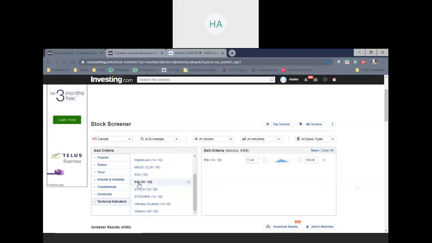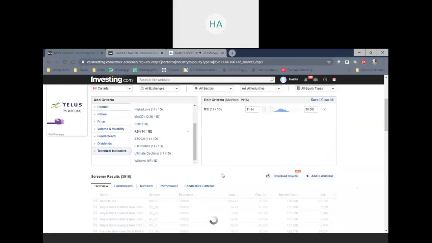So if I click the RSI, if stocks are below 30, I would consider them oversold. So I would say 0, maximum range is 30. If I say 30